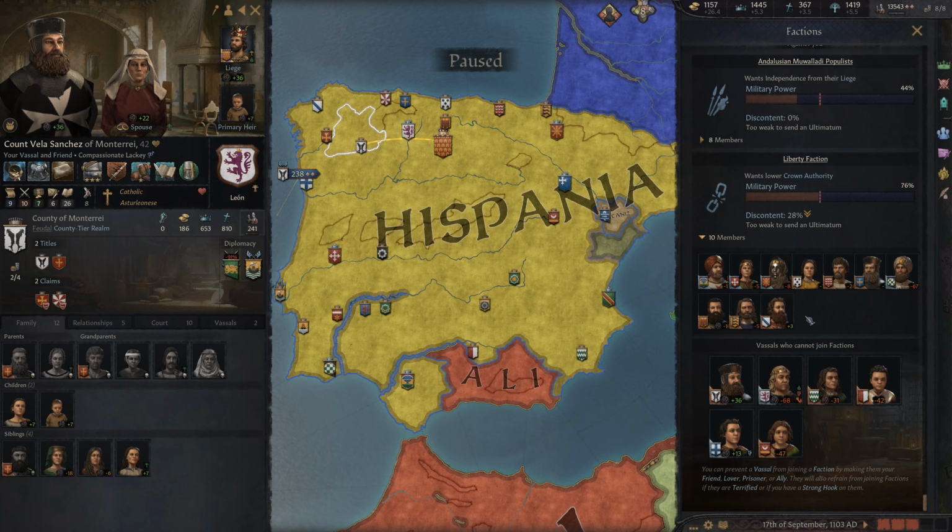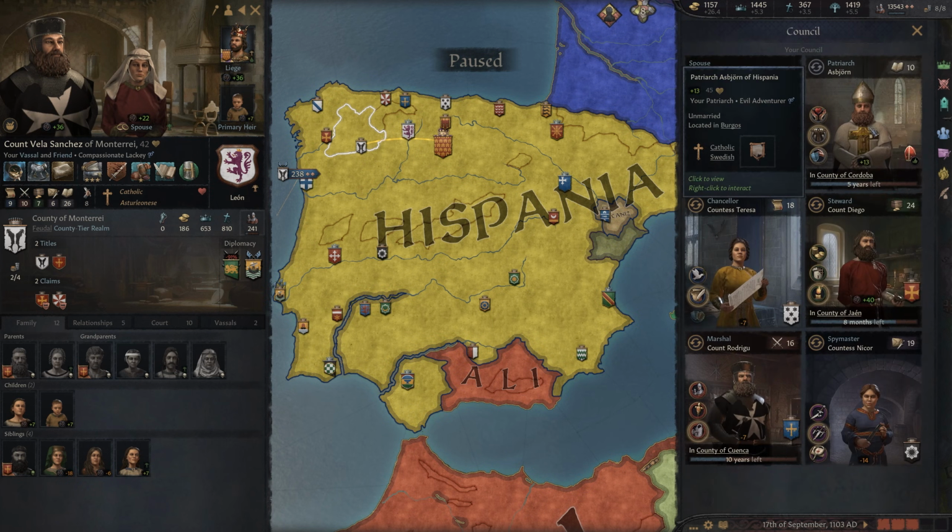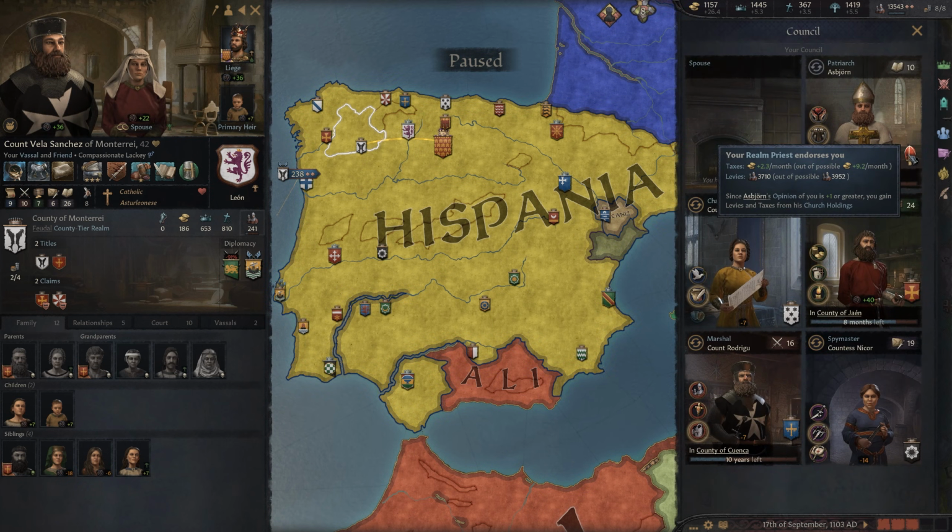So hopefully this gave you a really good idea on how to manage your vassals, your council, and your court. I know that there are still some questions you might have, and I know this was a very dense subject. There's so many things to go into, and I probably didn't even cover everything in depth. Like there's the council portion here where you can hover over for your realm priest, like I said earlier, to see the taxes and levies. I didn't talk about that a ton, but if you are still confused, please go ahead and let me know in the comment section below. I will answer you as fast as I can, and hopefully another person will see it before I do and give you that answer as well.